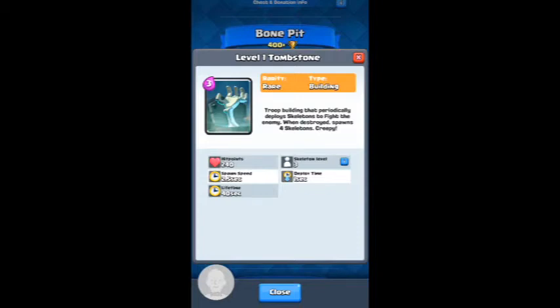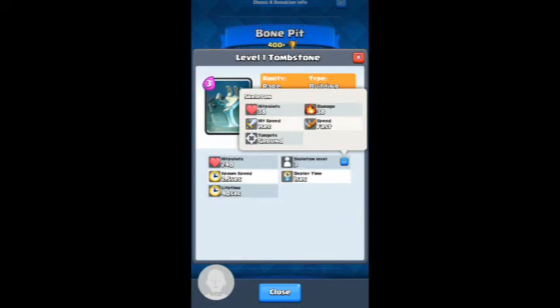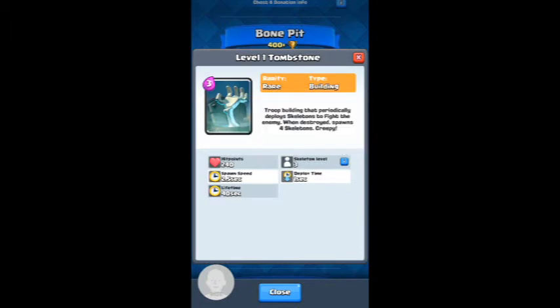It's useful against cards that specifically target buildings, such as Prince or Giant. And then once it is destroyed, it then spawns 4 skeletons, which is exceedingly useful, since it's sort of like bringing about your own demise sort of thing. The Tombstone, if it lasts long enough, which is about 10 seconds, 12 and a half, you do get the correct value you would if it was just...